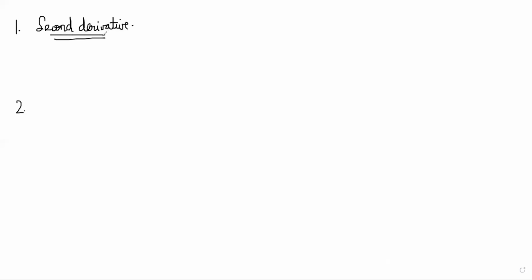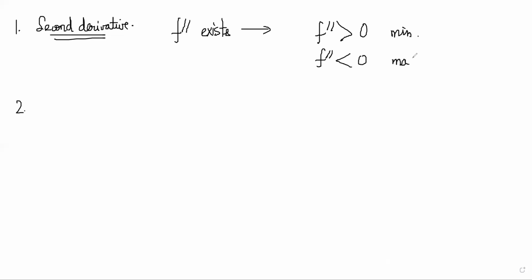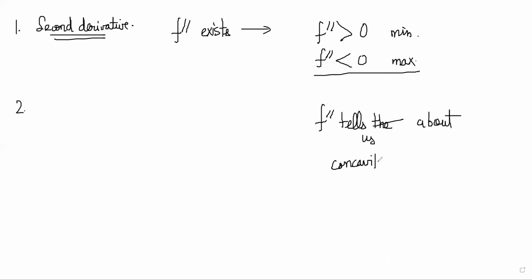So basically, if you take the second derivative, and if the second derivative exists and is positive, then it is a minima. And if the second derivative exists and is negative, then it is a maxima. And this follows from the understanding that the second derivative tells us about the concavity or convexity of a curve, or the shape of the curve, because